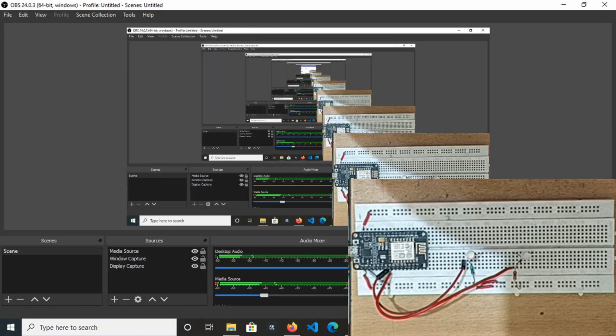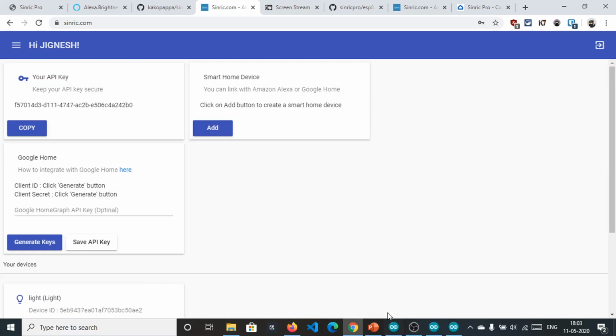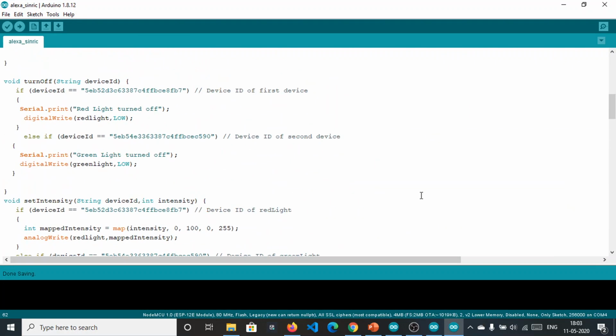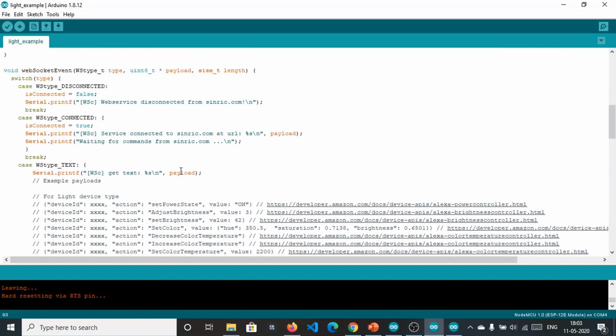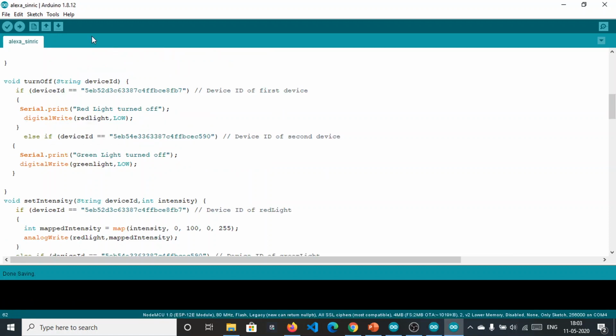Let me first turn off this window capture. We have discussed this sketch, the Alexa Synric light example, and I have changed something to adjust the values. Now I will share this sketch, Alexa underscore Synric.